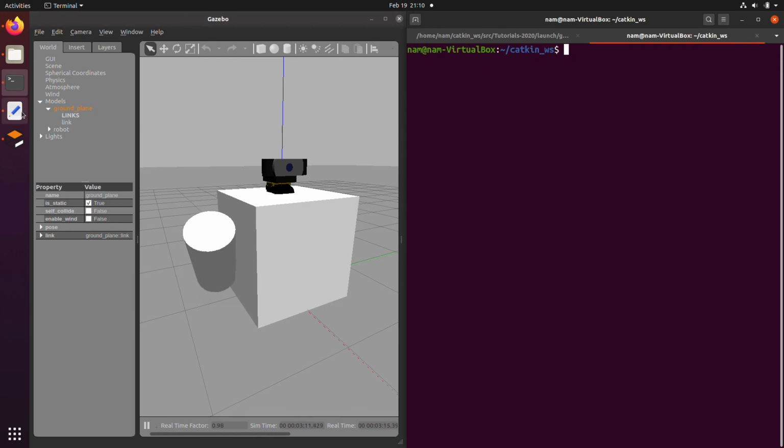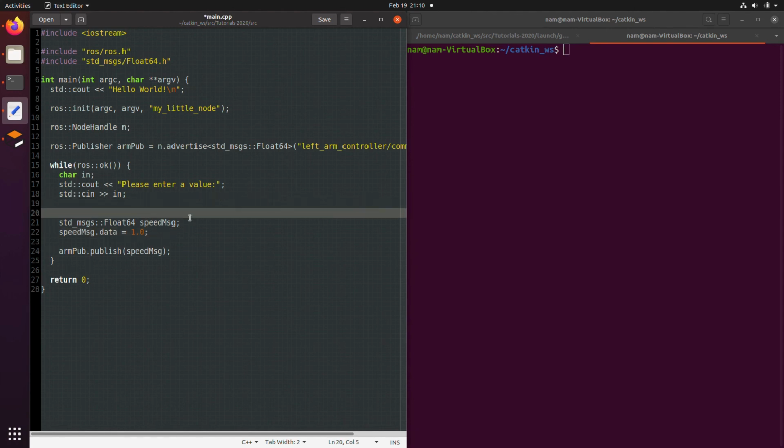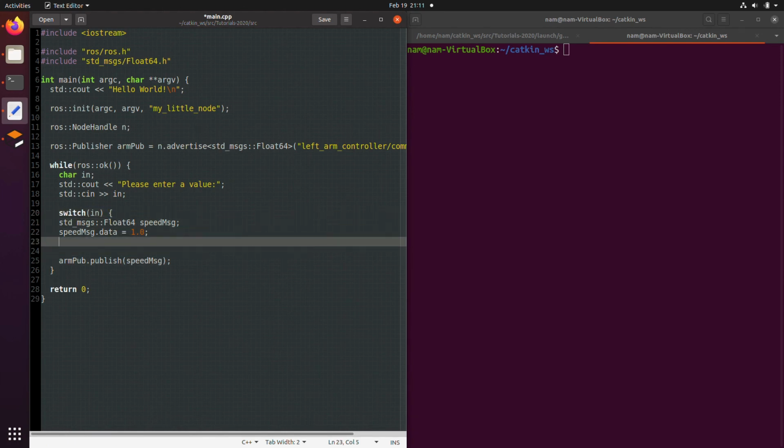So let's improve our program a little bit so we can have more control over the robot. As an example, we could take this input now and put it in a switch statement. Okay, input in switch. Here we should actually define this outside here,